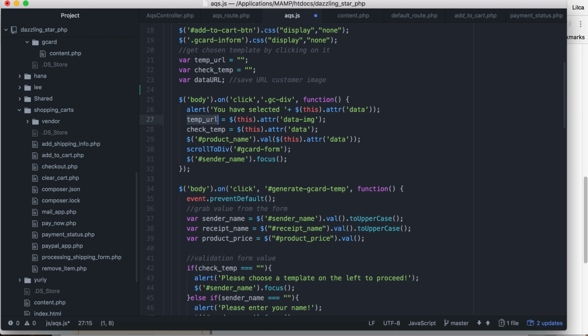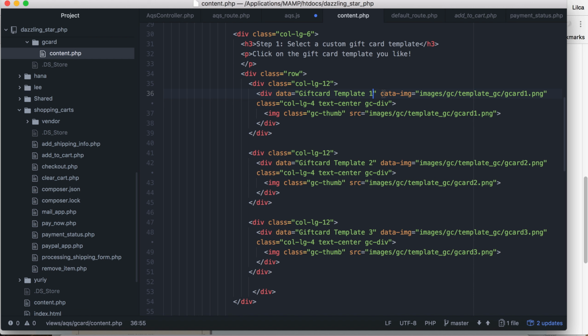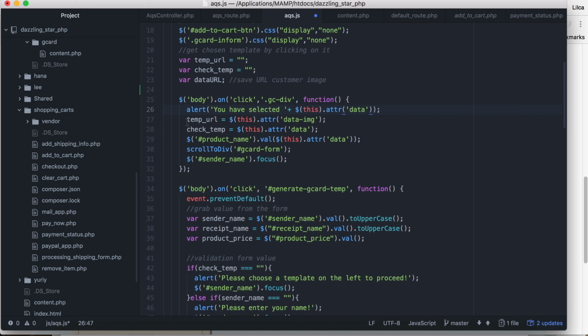So template URL, which is the template image URL, the same as this one. When they click on the div, it's also going to return the value of the data-image attribute here, and I'm going to assign it to the template URL variable. And the second variable that I create is a check template, which I'm going to use